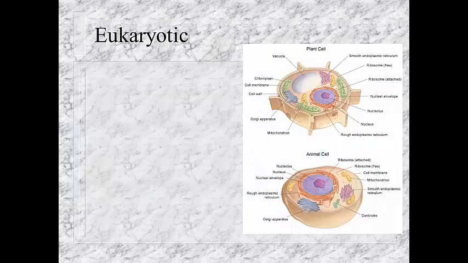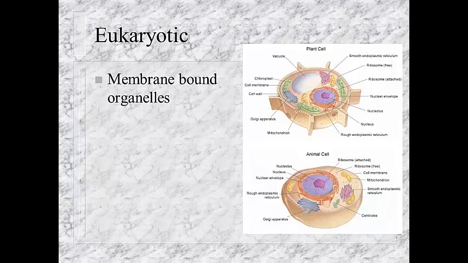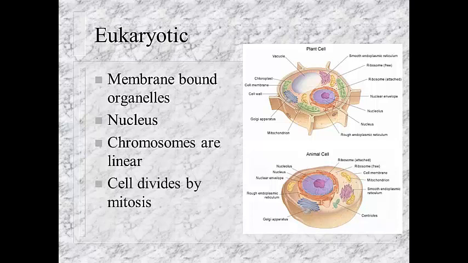Okay, so let's get right into it here. We have two different types of cells. The ones we're going to be focusing on are eukaryotic, which essentially means that they have membrane-bound organelles in them. So things like the nucleus and mitochondria, vesicles and vacuoles will have membranes surrounding them, whereas things in prokaryotic organisms like bacteria do not. They will only have the ribosomes and genetic information. Okay, so eukaryotes also have a nucleus, and chromosomes are linear, and cells divide by mitosis. So nothing brand new for this, since you guys have probably seen this in grade 9, but let's get right